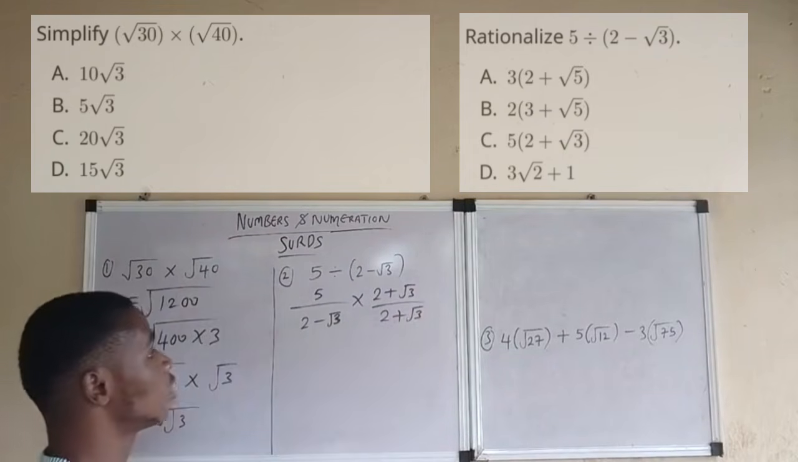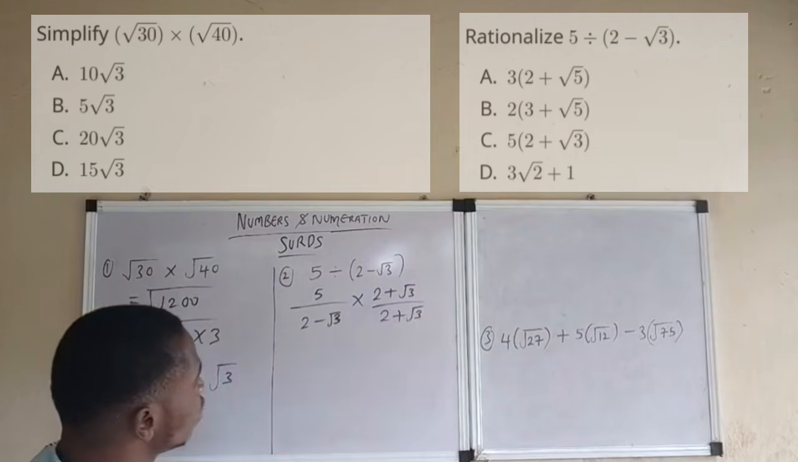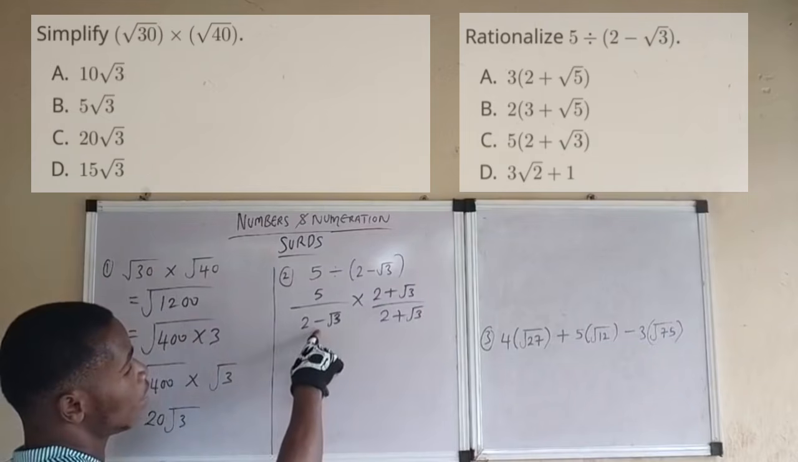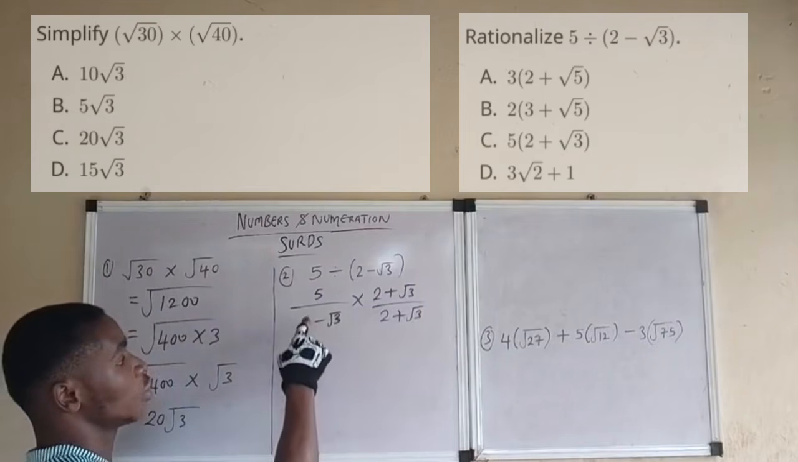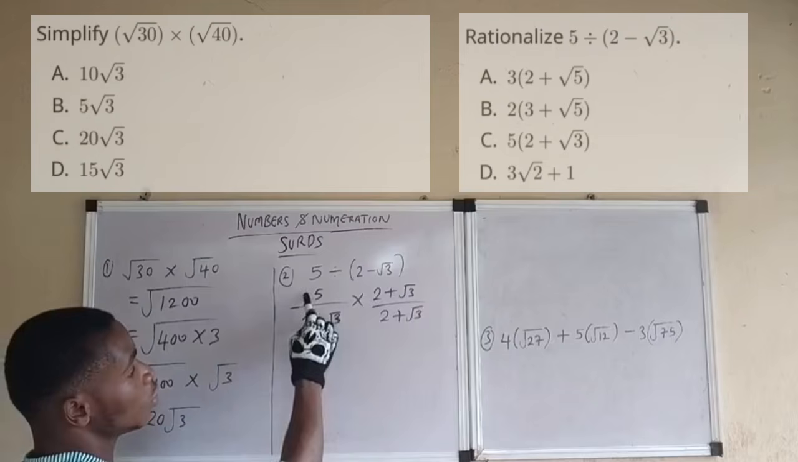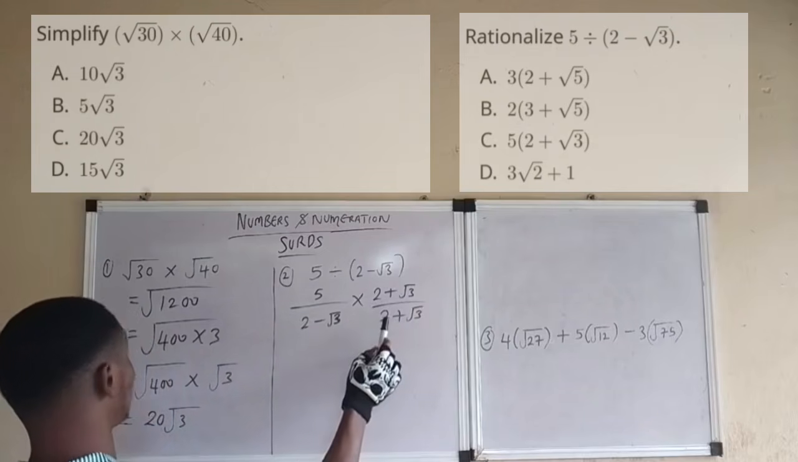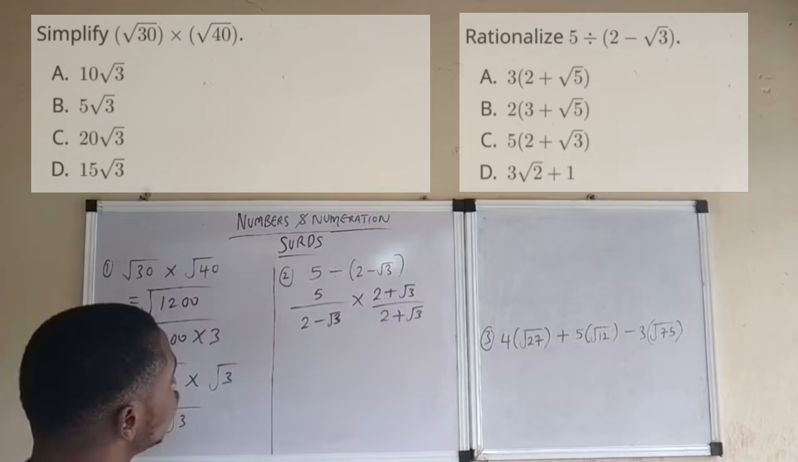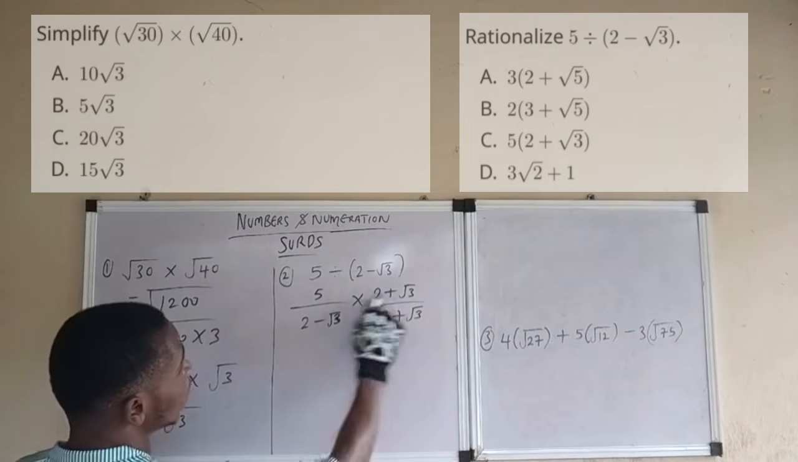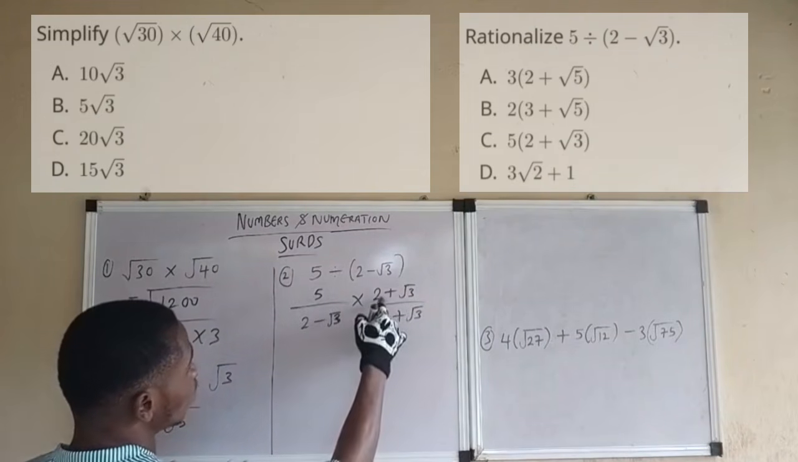Okay? So, what's the conjugate? The conjugate is just you simply changing the sign here, from minus to plus. If it was plus, you change it to minus. So, we are multiplying the numerator by the conjugate, and also multiplying the denominator by the conjugate. Do you understand? So, for the numerator now, if we multiply all through, we are having 5 times 2 plus